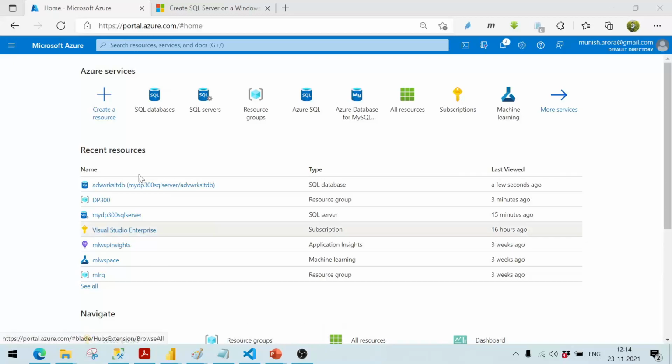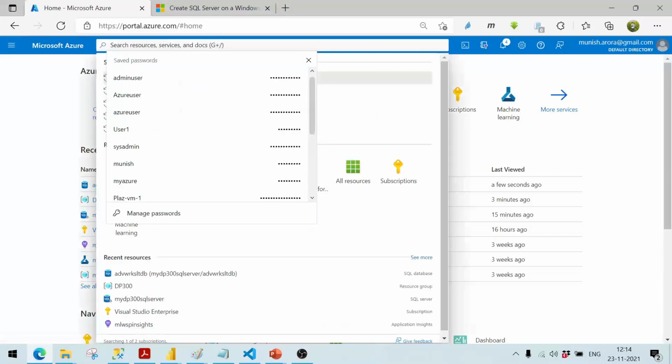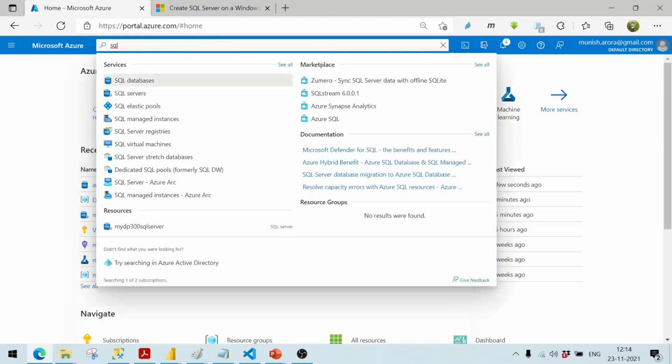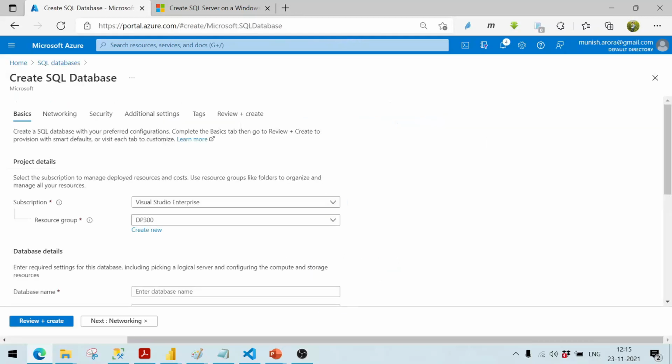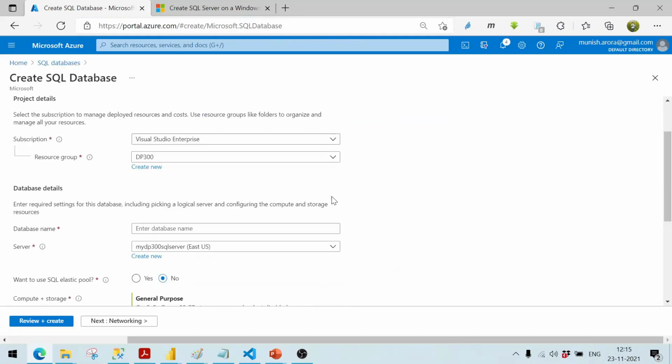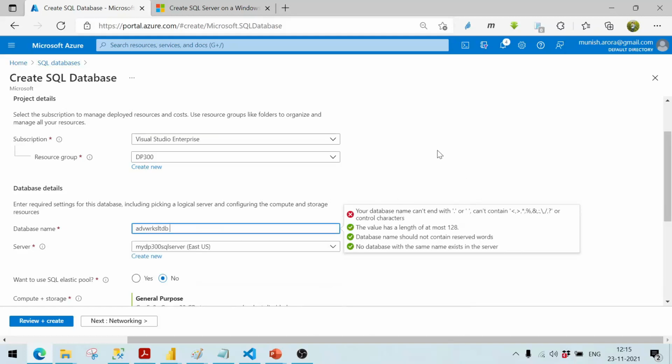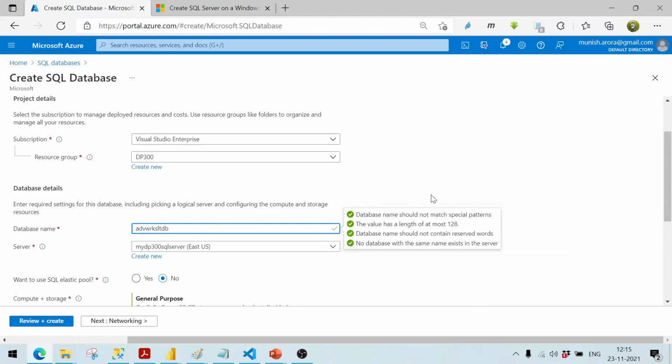Let's see how we can create the SQL database. So from the text box next to us at Microsoft Azure, we search for SQL databases. Let's click on the button create SQL database. It has automatically selected the subscription and the resource group that we created earlier. And here in the database, we can type in the database name. I'm typing in the name AdventureWorksLTDB,